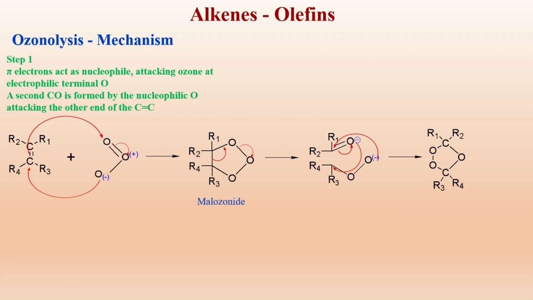Where the carbon carbon bond has got broken and the bond is formed between this oxygen and this oxygen, and it gives rise to the molecule which we call ozonide. Ozonide, upon treating with zinc and acetic acid,